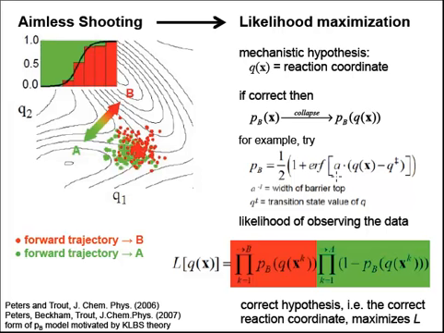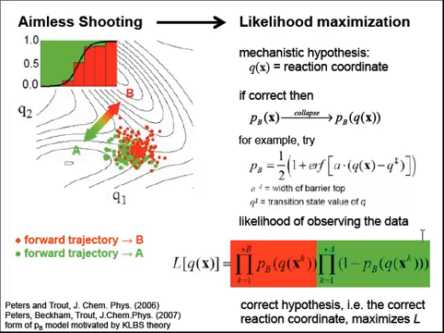These parameters, because this is theoretically motivated, have a physical interpretation. The inverse A parameter is the width of the barrier top, and the Q dagger parameter is the location of the transition state along your trial reaction coordinate. So now we have this function that relates Q to PB, and we have a whole bunch of trial guesses for which Q should go into this function, and we have machinery, of course, for optimizing these adjustable parameters.